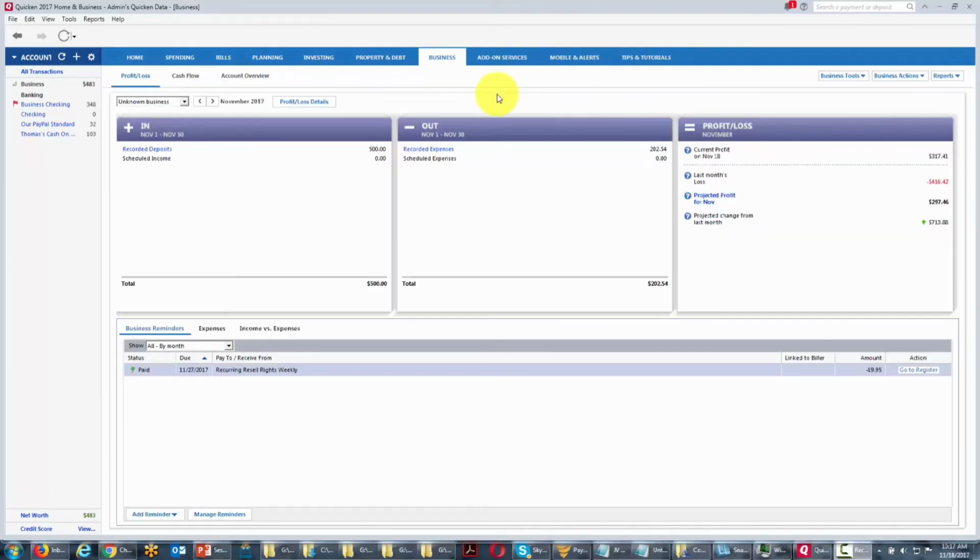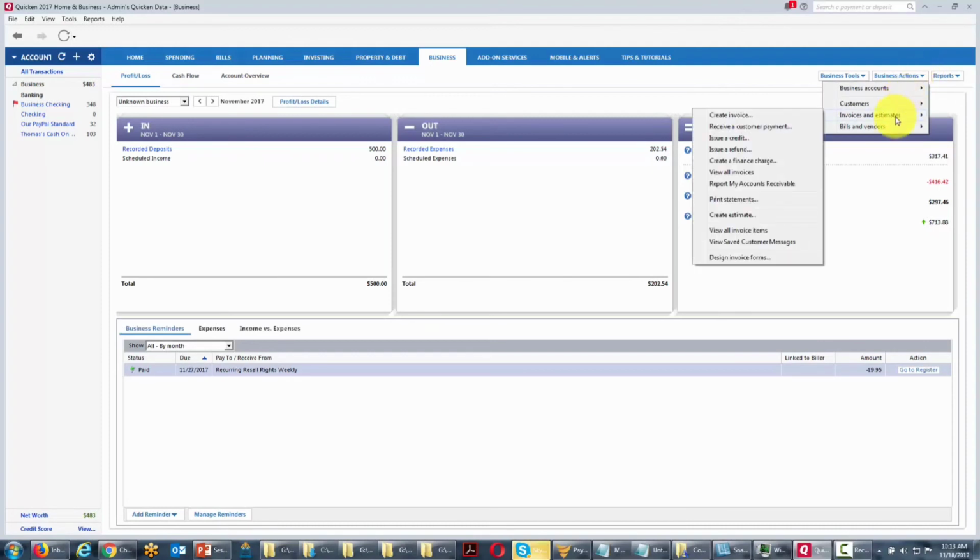Hello and welcome. Now in this video, what we're going to do is work through the process of using Quicken to track the activity when we actually do contract work. And to do that, we're going to go to the Business tab, and then we're going to come over to this right side menu, and we're going to go to the Business Actions area. We're going to go to Invoices and Estimates, and what we're going to do is click the